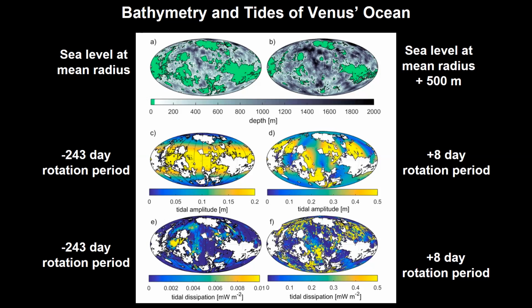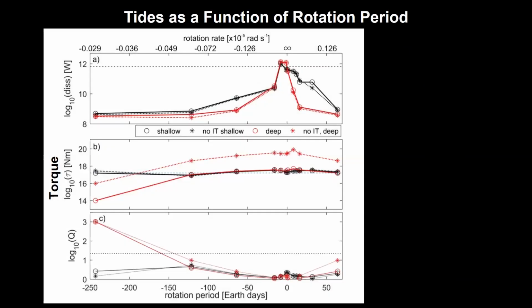And then on the right, you can see a much more dynamic ocean was in place. And this is the zeroth order result of this: rotation rate really matters. You really dissipate a lot more energy with faster rotation. And I think that's fairly obvious if you think about it. But anyway, I then want to show you this summary plot where we looked at